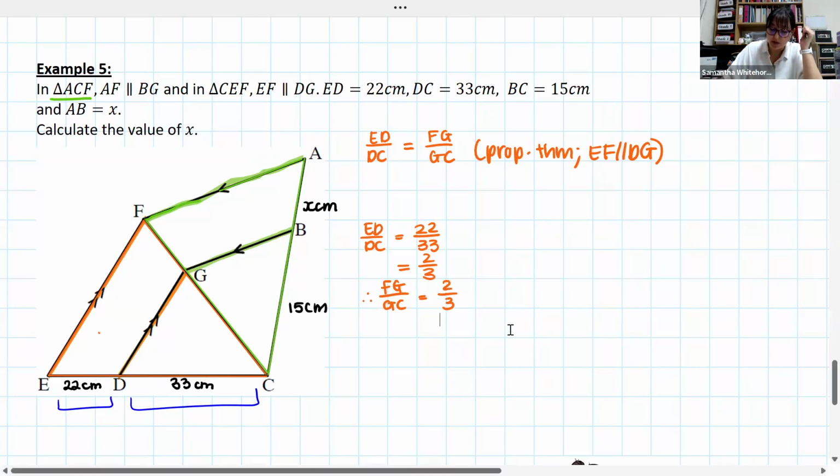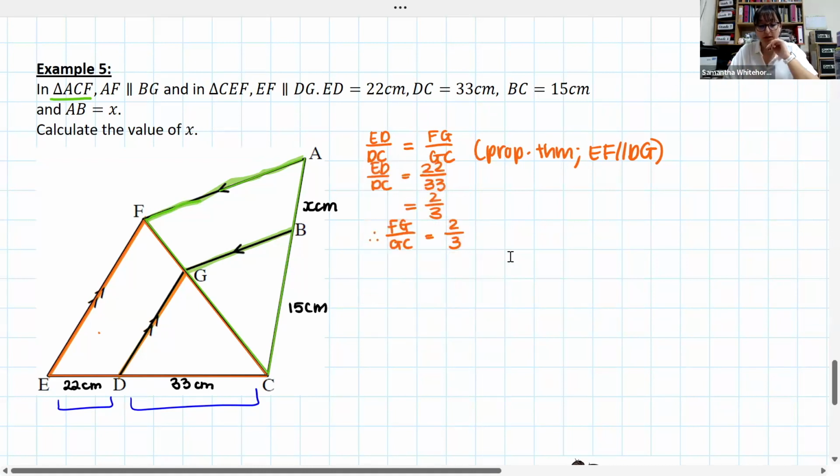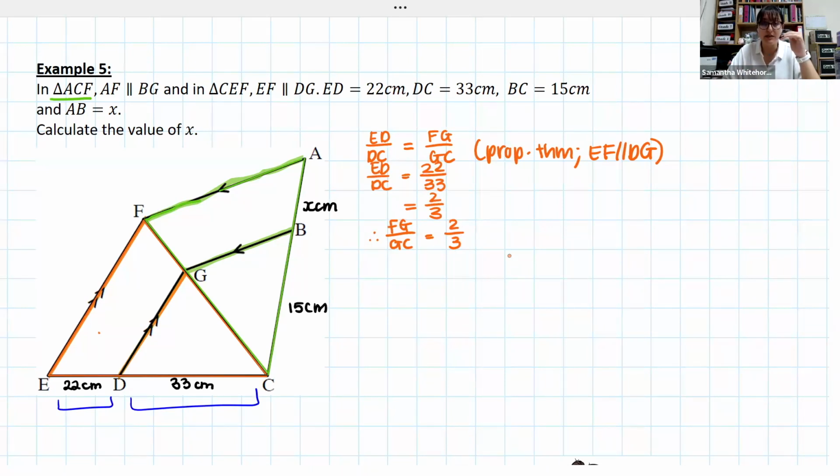And that all links to what I said up here. I'm going to move it so that we can actually have some logic to the situation. So because I've already said that they're equal, once I know the ratio for ED over DC, I automatically know the ratio for FG over GC. So now I know this. This is 2 parts